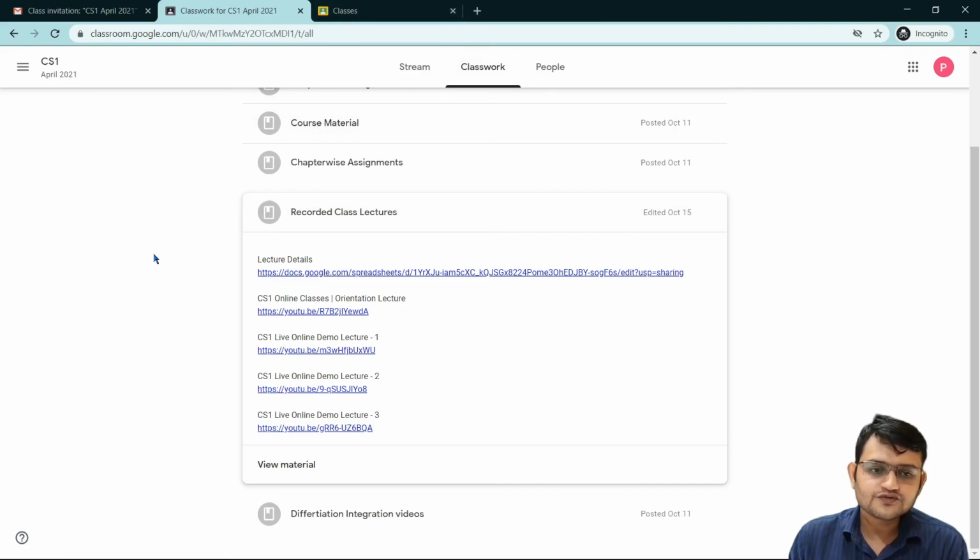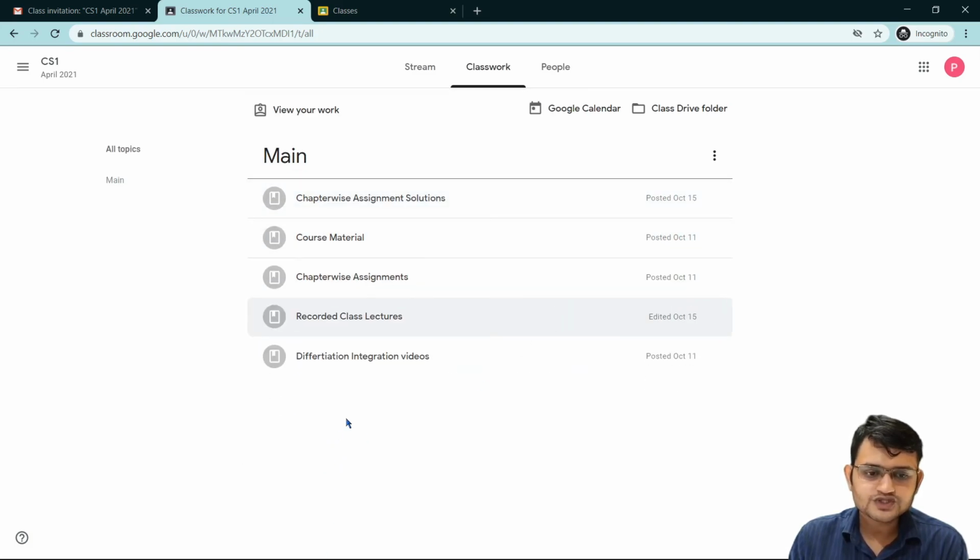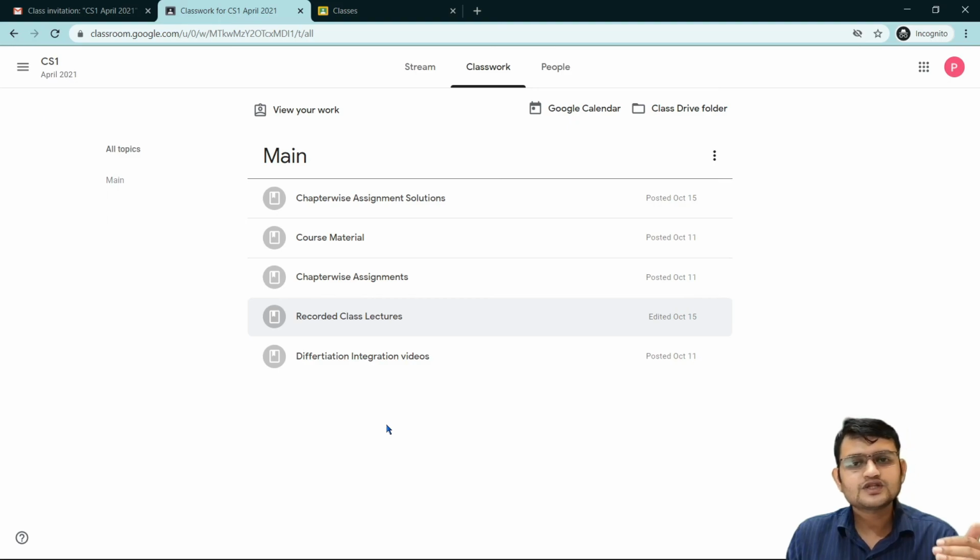These are most of the things that we'll be accessing, at least at the beginning. Later on we will have tests that will be posted here. Right now there are no tests posted, therefore you cannot see any, but you will be able to download the test, and after solving it you will be able to upload it in that particular section directly. We will also have a section for our practical examination, that would be R or Excel, depending on whichever examination you are giving, and you will be able to access all the material from there as well.